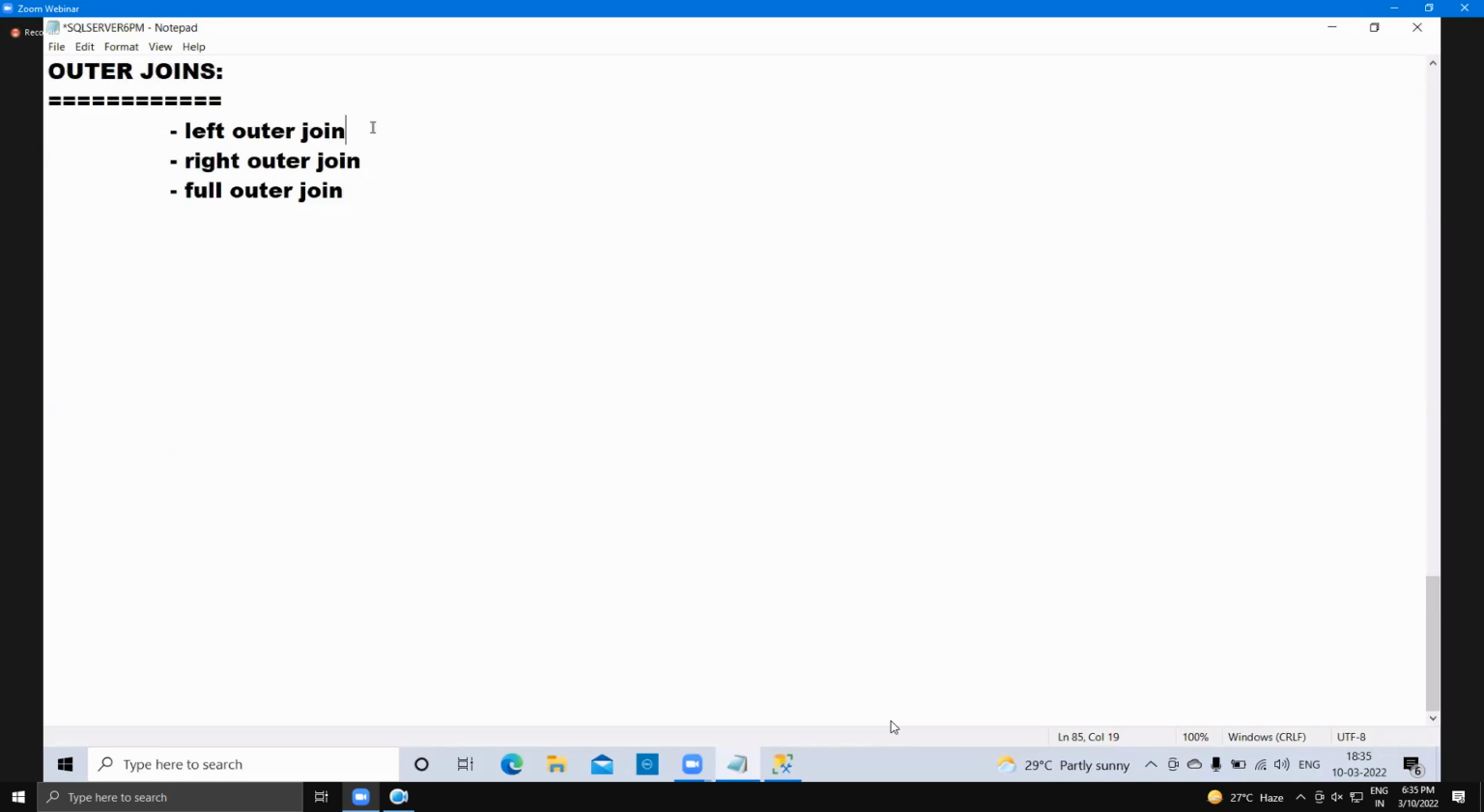So what is the left outer join? Let me see the definition of left outer join now. Left outer join, what it will do, guys, it will retrieve